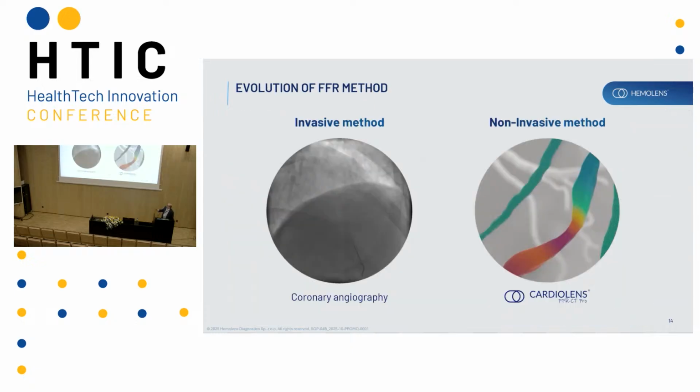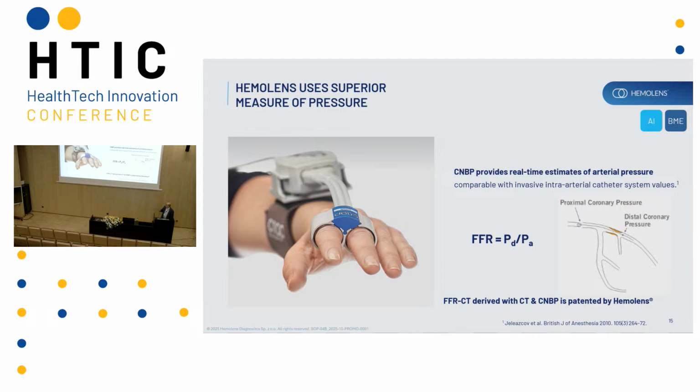And what we do is, instead of doing it invasively, we segment the vessels, we do the computer simulations, the blood flow simulations inside the vessel, we compute the pressure drops, and then we directly can compute the FFR index. That seems easy, but it's not so easy because there is a distal pressure here. That's the pressure in aorta. And that's the patient specific for sure. That goes directly to this formula.